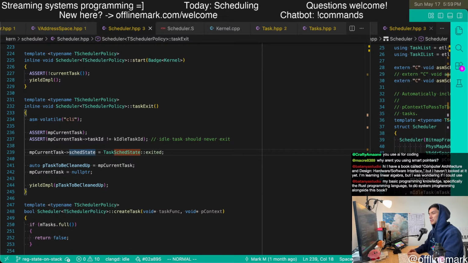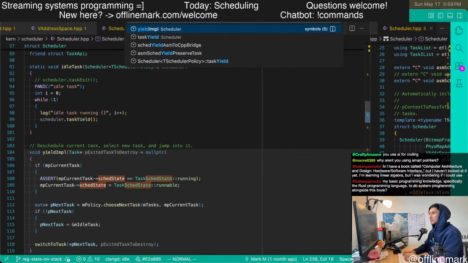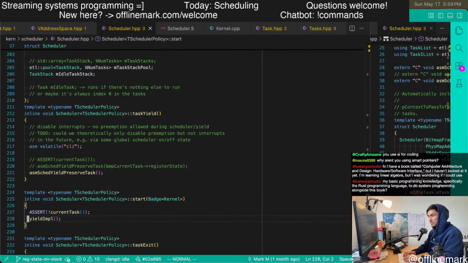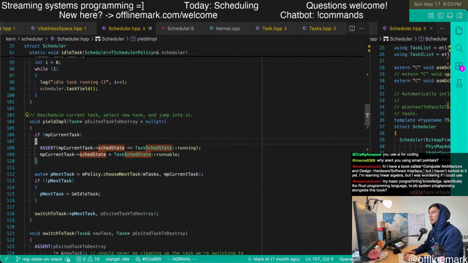Here's an example. Exited. What about yield? Task yield. That's actually in yield impl, I think. So in yield impl, if we have a current task, we assert that it is in a running state, and then we set it to be runnable.